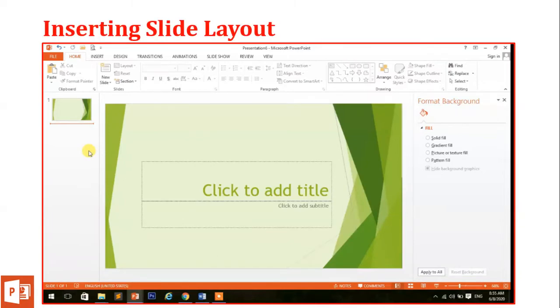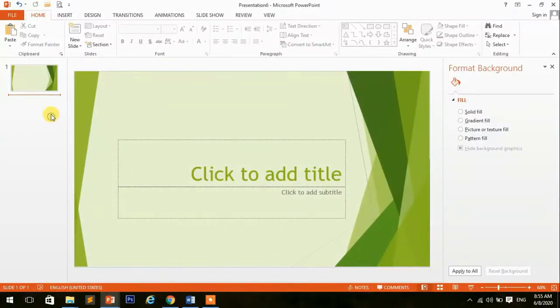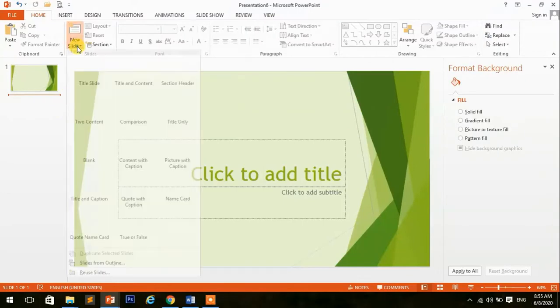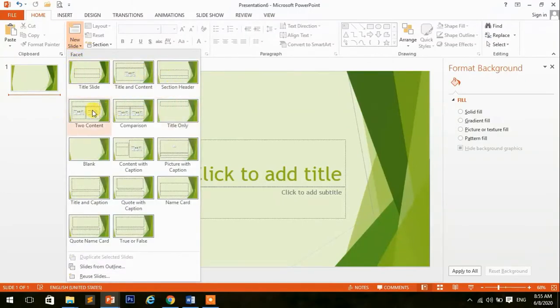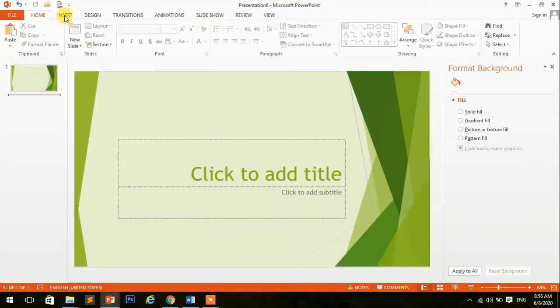Now inserting the slide layout. For inserting a slide layout, you have to go to the slide group on the home tab. By clicking on the new slide drop down, you can see the number of slide types.